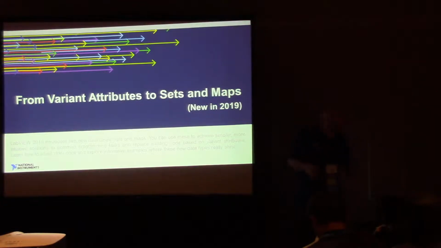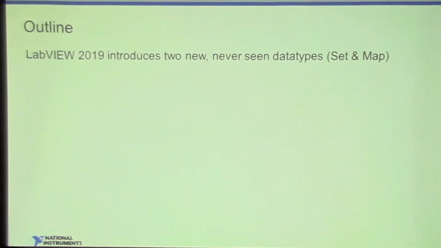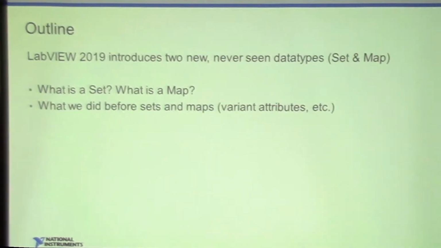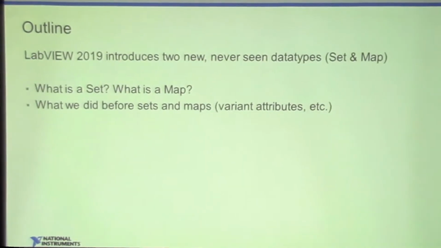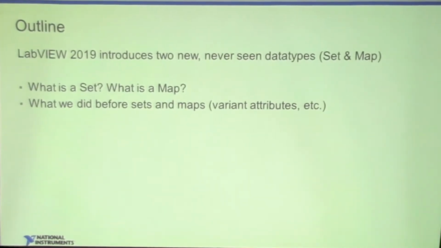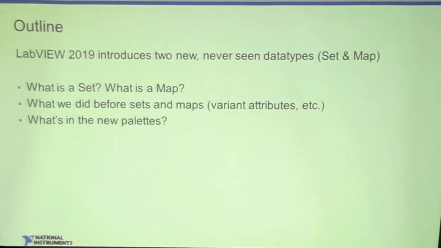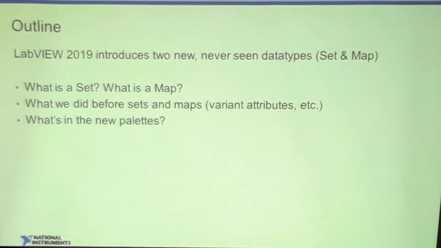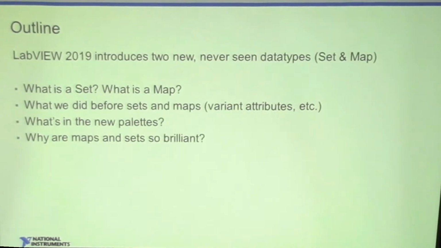And we're going to talk about what they are, what is a set, what is a map, what we did before sets and maps. For example, variant attributes were sort of a clumsy way to get around it. Very high performance though. We look at what's in the new palettes,